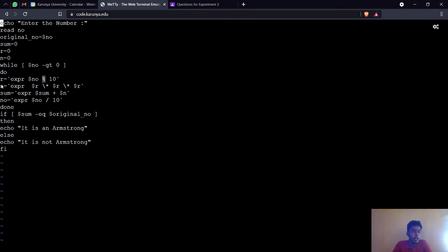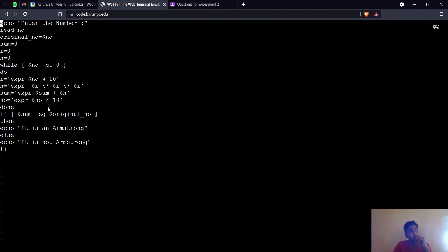Now the cube of r, that is, the cube is multiplication three times, 1, 2 and 3. So multiplying 2 times, you will get the cube. So it will be stored in n. Now sum equal to expression sum plus n. So I'm going to sum that. So n will store the 1 cube. Next the number is divided by 10. Now 111 is divided by 10 and I'm storing it in number.